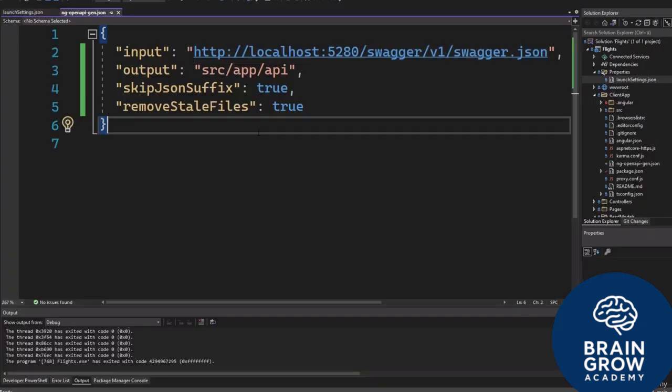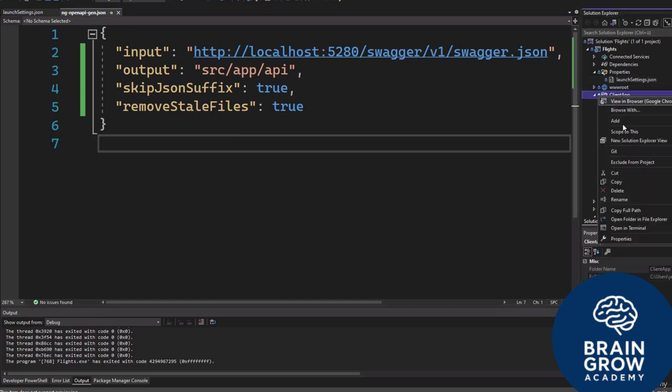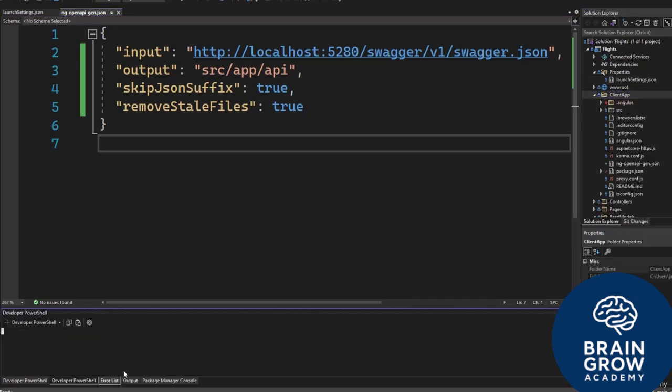Welcome to this video. In the last video, we have set up the ng-openapi-gen configuration right here. Now it's time to really execute that command to generate our client-side API code. So let's go ahead and do that. On the right side, go to client app folder, right click and then open in terminal. Now we're inside of that client app folder and we can run npm commands again. So now call npx